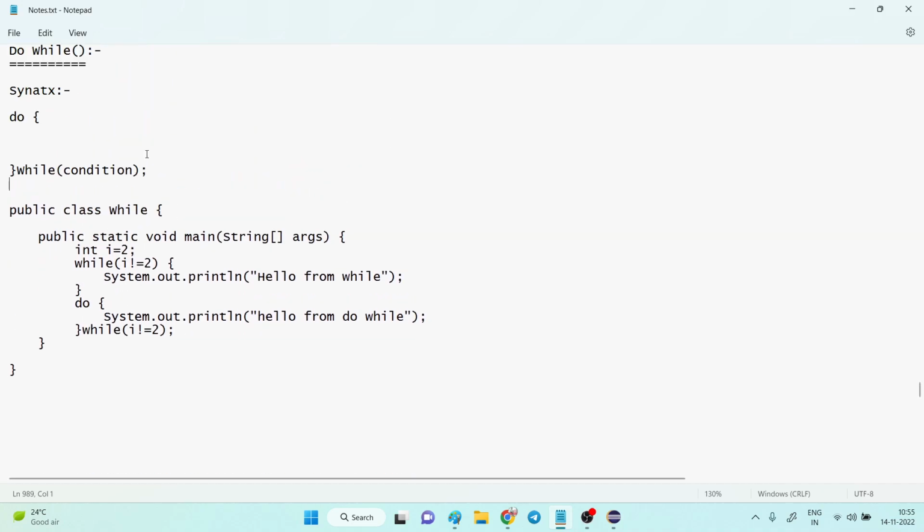Okay. Now tell me one thing, guys. Are you able to understand the syntax of how to use the do while loop and for loops? Is it clear for everyone? I need a yes or no from each and every one. Is it clear for everyone? Yes, sir. Okay. Then